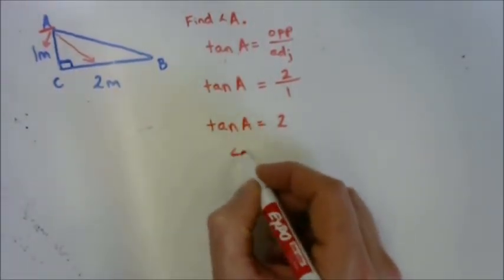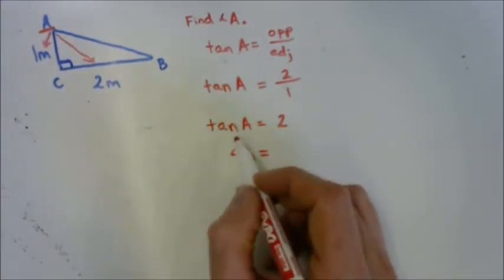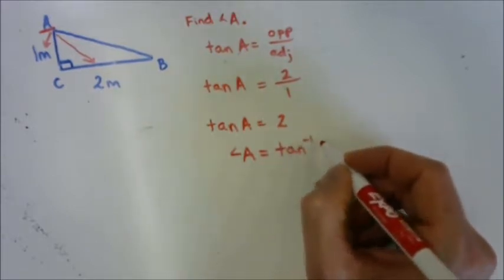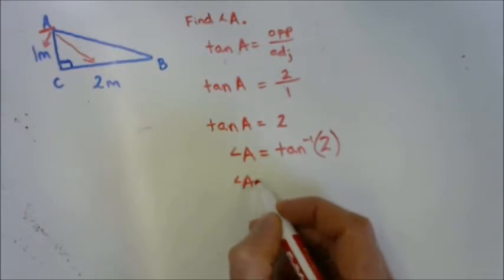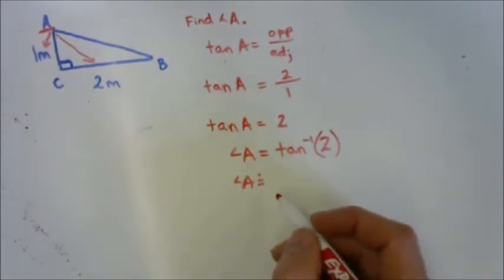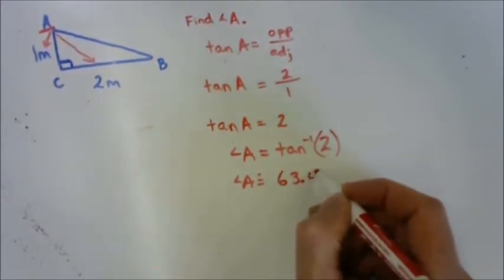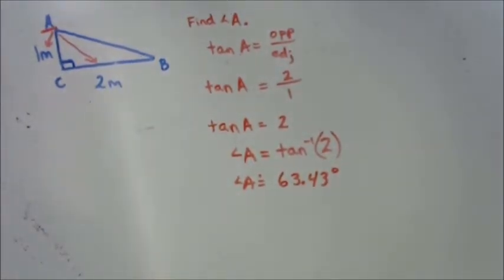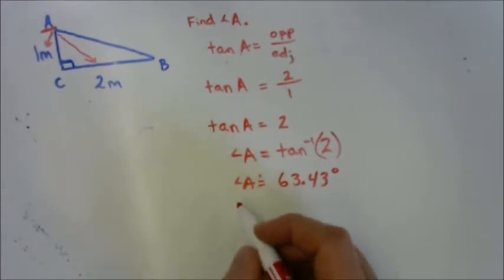So I'm going to take the inverse tan of both sides. So now I'm going to get that the measure of angle A, because I take the inverse tan of this, really just undoes tangent. And I take the inverse tan of this side, and I get that the measure of angle A is approximately, anyone have that in their calculator? 63.43 degrees. Why is it a lower than the number of